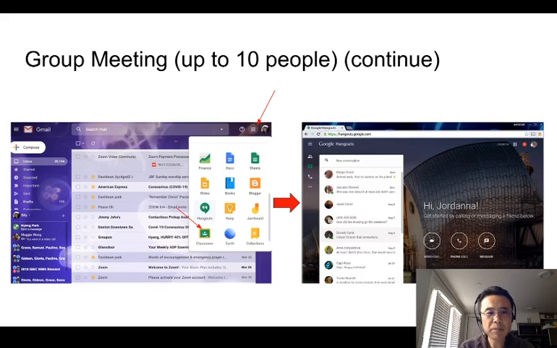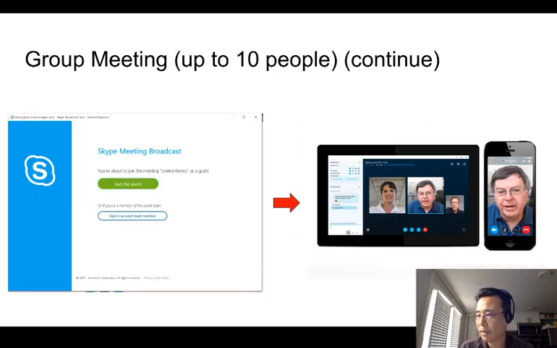I'll show you some demo, but this is how it looks for the Google Hangout. Usually you can start from Gmail and you can select the Google Hangout option from the upper top corner, and then on the right screen, the Google Hangout screen will pop up. You can choose either the video call or the regular phone call or the message, and you can invite them. Same with Skype. Whether you have an icon on your phone or desktop, you start the Skype app and you can start a regular chat or the video conferencing.